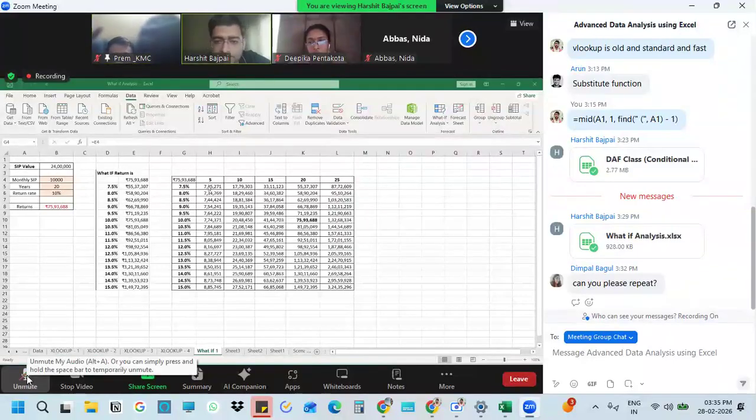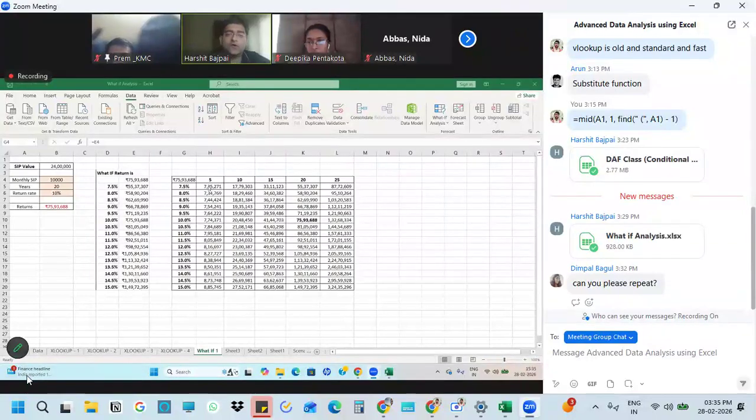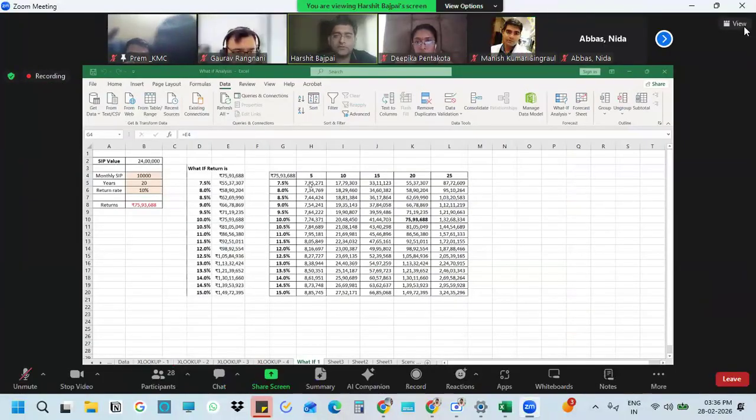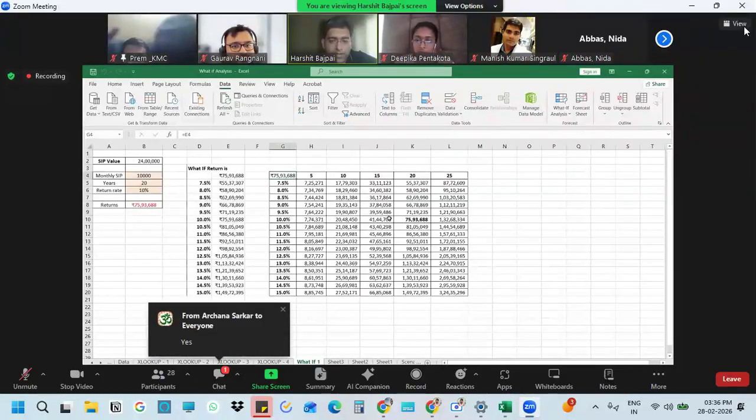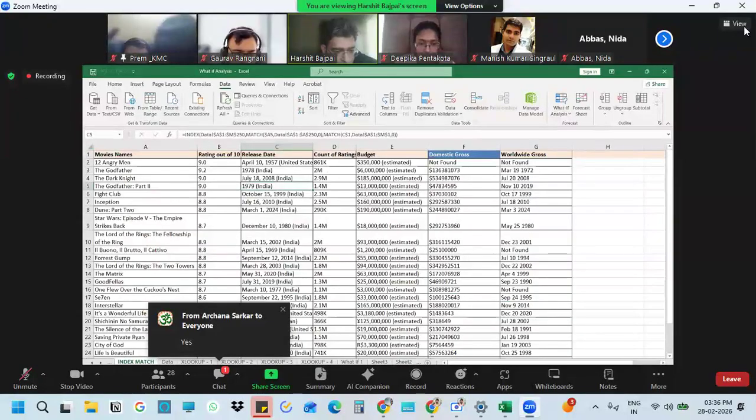Clear, everyone? So this is a very quick way of doing a two-dimensional table, and it is used a lot in financial modeling and financial simulations. Clear, everyone? We'll proceed. So this was the first part of what if analysis. The next bit we will go to